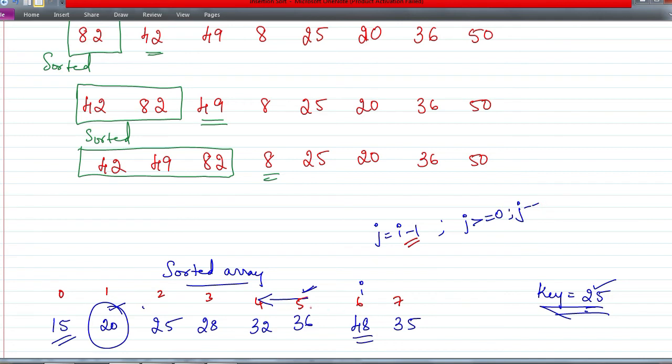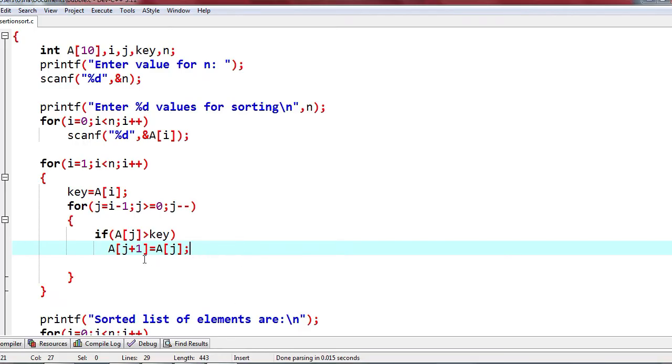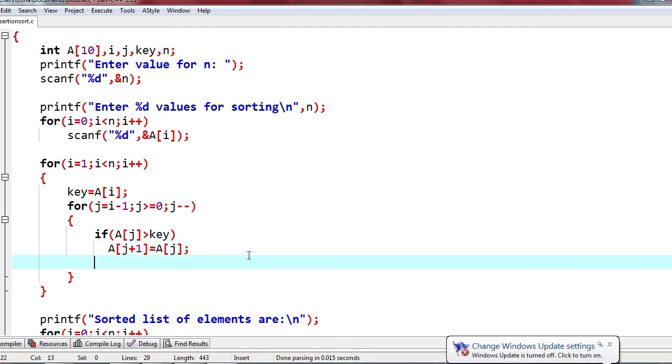So if A[j] is greater than A[i], then I have to copy this to this position. This keeps continuing. A[j+1] is equal to A[j]. So we are just moving it one position to the right. Once we move all the positions to the right, if it is not greater, else break.